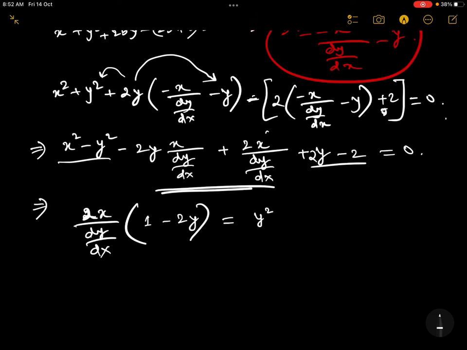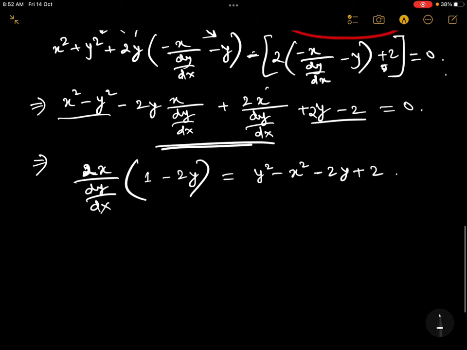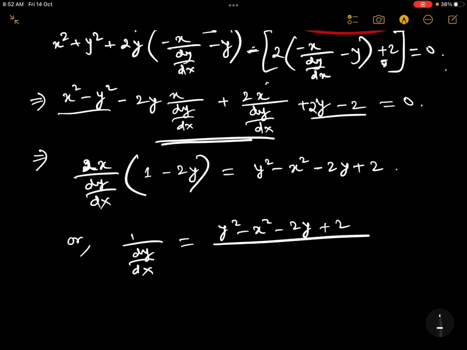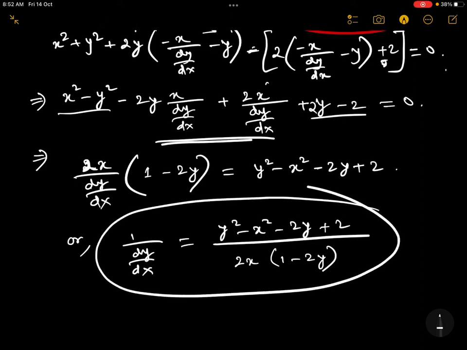So y square minus x square minus 2y plus 2, or dy by dx is equal to y square minus x square minus 2y plus 2 divided by 2x(1 minus 2y). You can end the equation from here,